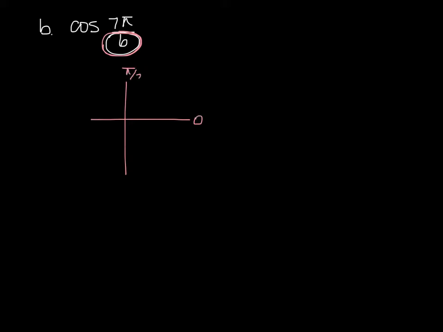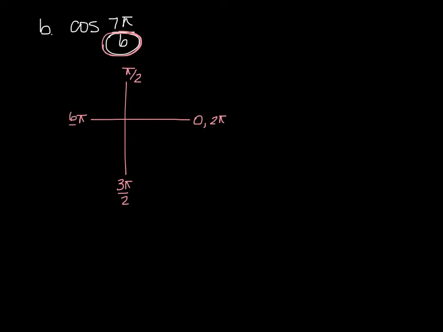So now we will go to the example of cosine of 7 pi over 6. Now because I see the 7 pi over 6, I know that this is going to be some 30-degree triangle. I just have to figure out where. So 7 pi over 6, again, if I label all of these, the more you label them, the better you get.